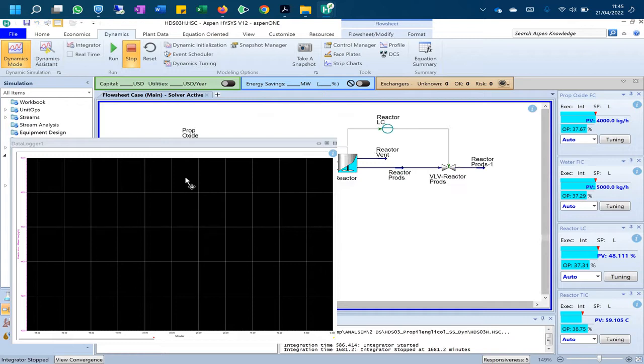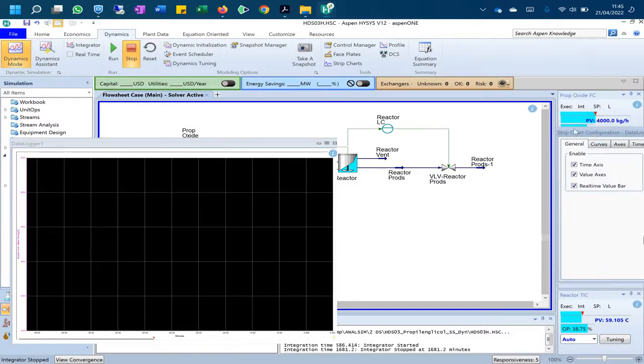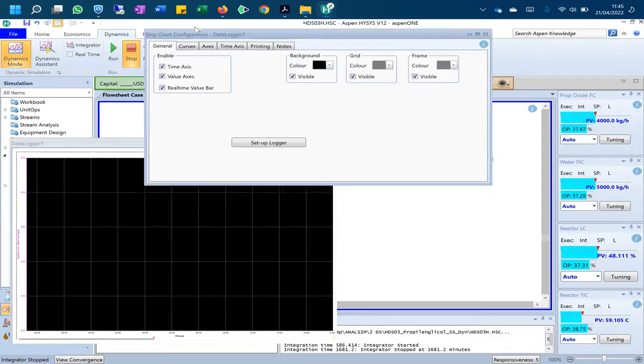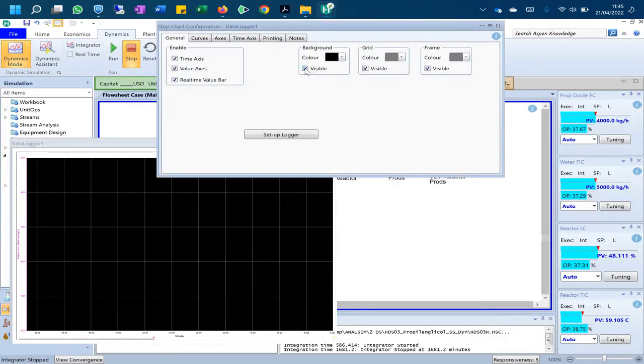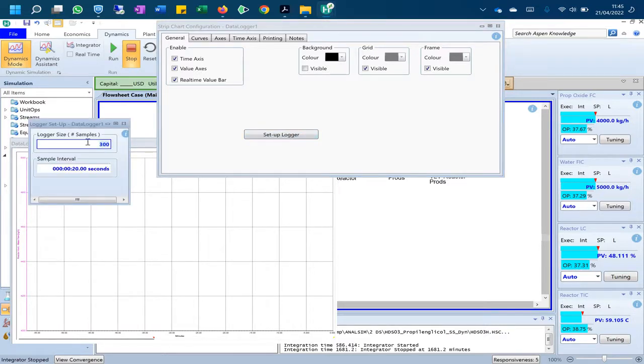This strip chart has many different options. I will show you the most relevant ones. Right click on the black area, select Graph Control. The first recommendation is to delete the background for a light graph. Click on the setup logger. This is the number of points recorded of these variables for the representation. 300 is a low value. I recommend you to increase it, for example, to 3000